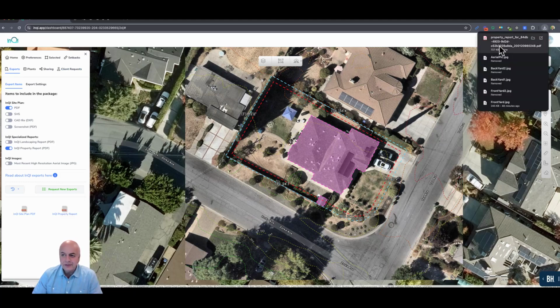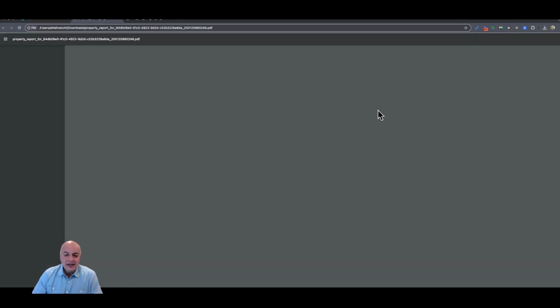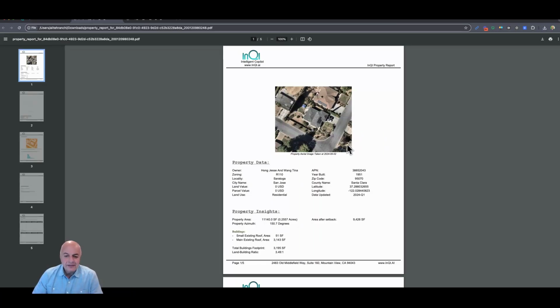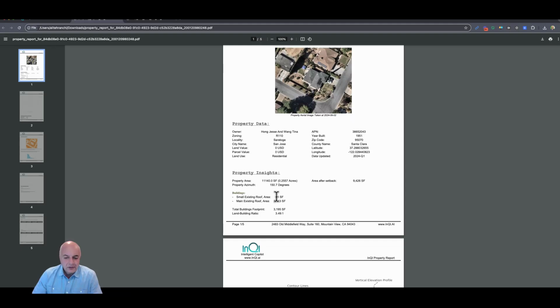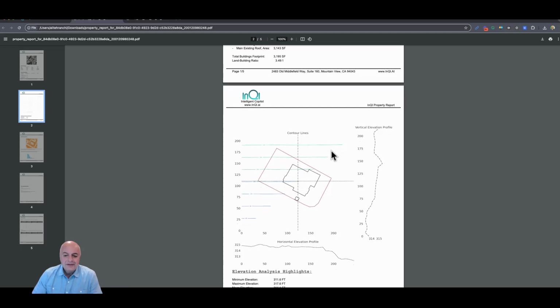Now let's take a look at the other side, which was the property report. This is also available to you. The property report gives us a lot of information about this given property. Who does it belong to? What kind of zoning? A bunch of information there. Roof lines and so forth. You found two roof lines, like a little box here too as well. It will give you